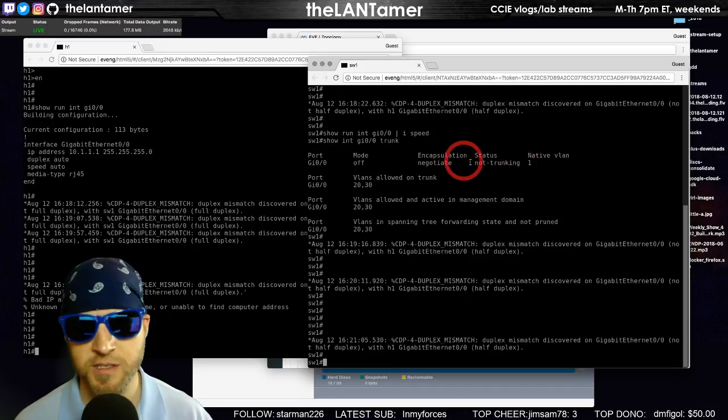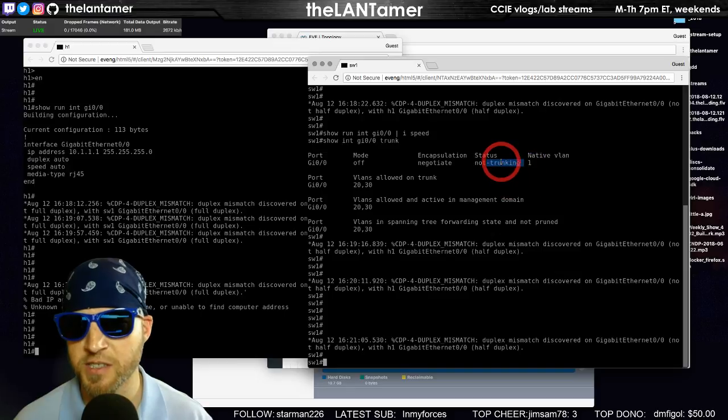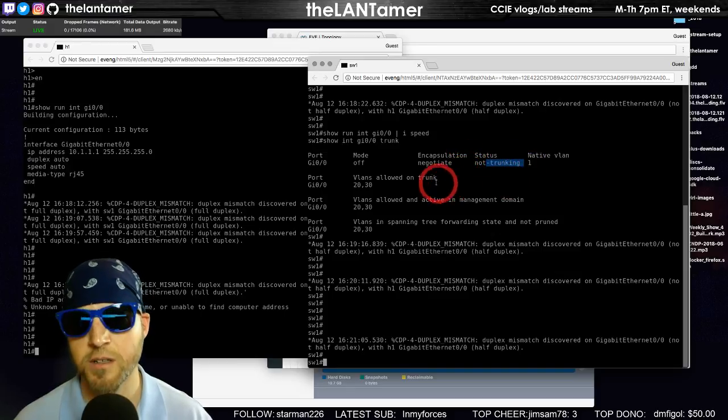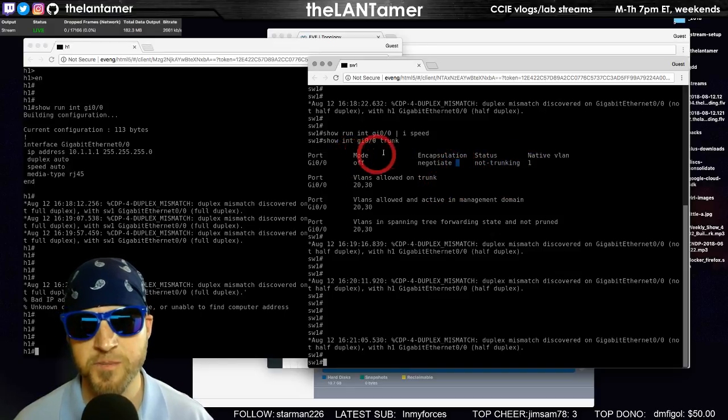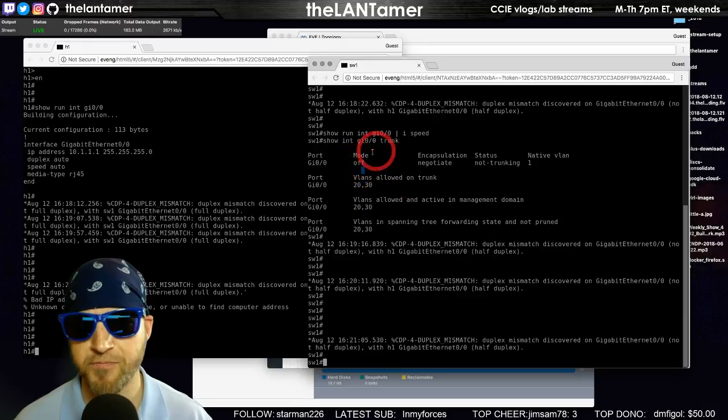Or does it? Maybe it does. Okay, but this is rare to see on something that has multiple VLANs on it. Because generally when you've got multiple VLANs, the status is going to be "port is in trunking mode." Also, you've got trunking mode set here to off. That should be another clue, right?